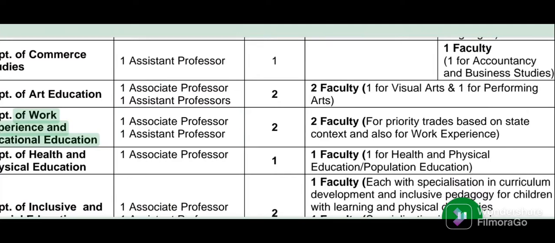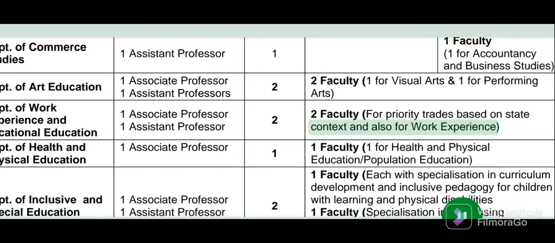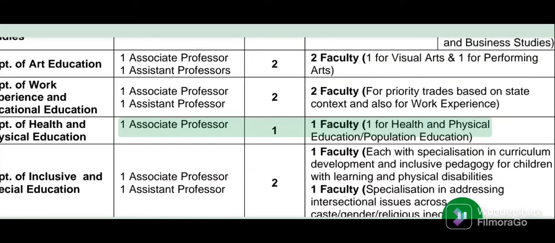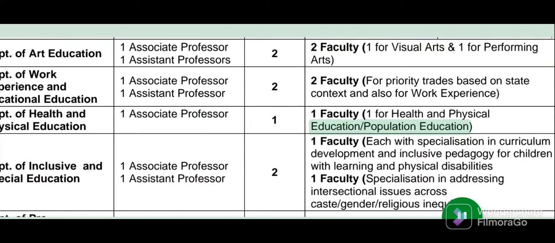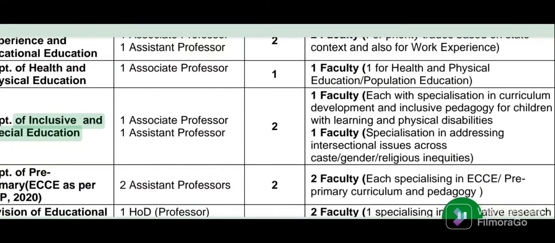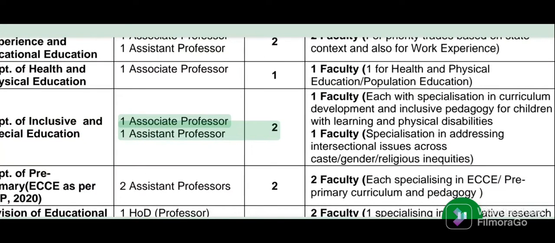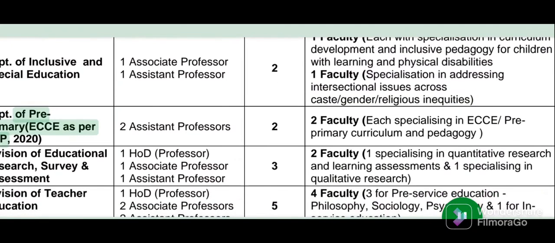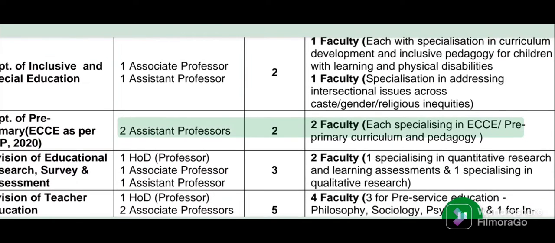Department of Work Experience and Vocational Education: 1 Associate Professor, 1 Assistant Professor, 2 Faculty for Priority Trades based on state context and also for work experience. Department of Health and Physical Education: 1 Associate Professor, 1 Faculty for Health and Physical Education, Population Education. Department of Inclusive and Special Education: 1 Associate Professor, 1 Assistant Professor, 2 Faculty each with specialization in curriculum development and inclusive pedagogy for children with learning and physical disabilities, and 1 Faculty specialization in addressing intersectional issues across caste, gender, religious inequities. Department of Pre-Primary ECE as per NEP 2020: 2 Assistant Professors, 2 Faculty